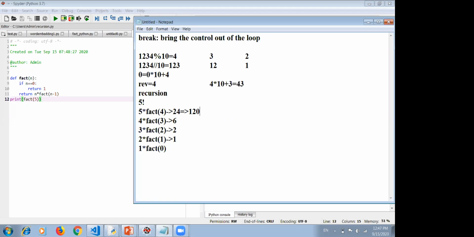So in this way the recursion works. It means we are calling the function again and again by decreasing its value by 1. This one is for the factorial only, and the same recursion can also be used to generate the Fibonacci sequence. I hope you know the Fibonacci sequence. You can write a program using a while loop and also using recursion.